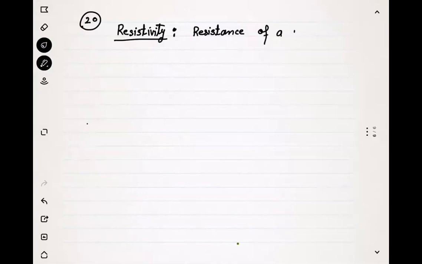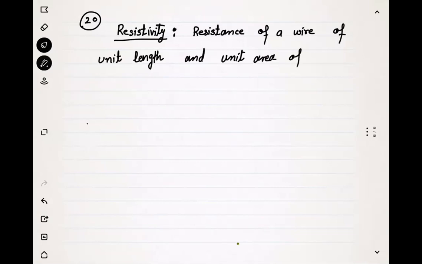Quantity number 20 is resistivity. Resistivity is basically the resistance of a wire of unit length and unit area of cross section. So resistivity is a resistance provided that the wire has a unit length and unit area of cross section. Basically, what is the difference between resistivity and resistance is that